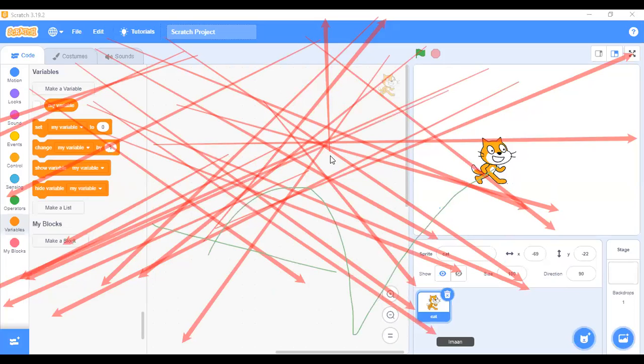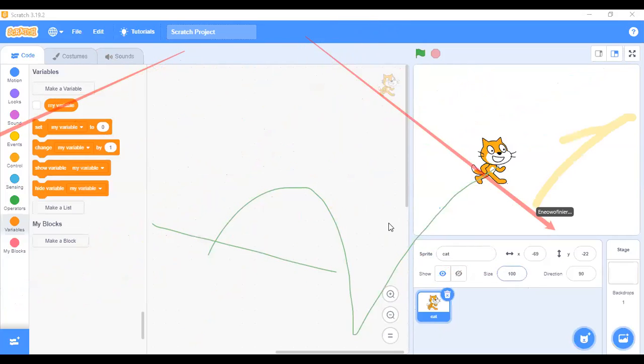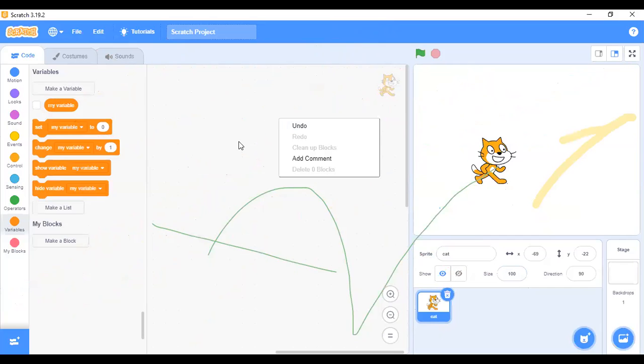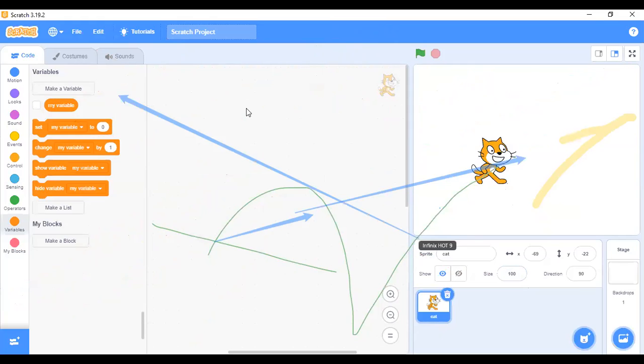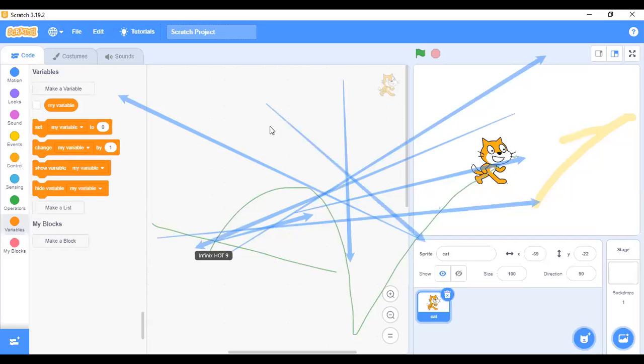Some lines are showing on my screen. Let me try to rectify that. What's causing the lines to show? Okay, I think it has reduced to minimal. Sorry about the lines. Let me continue. I don't know what's causing the lines, but I hope it is not disturbing you.